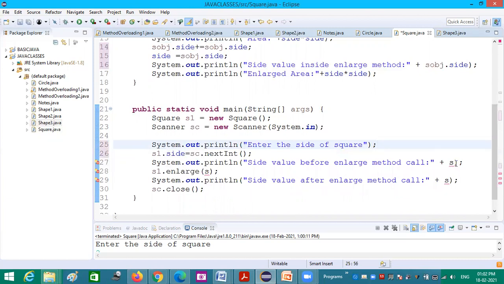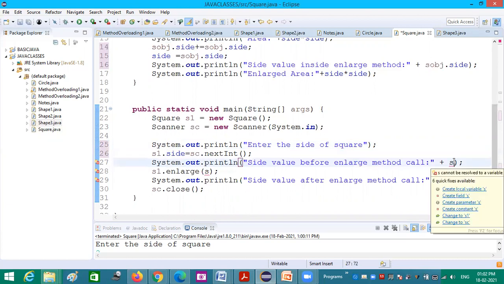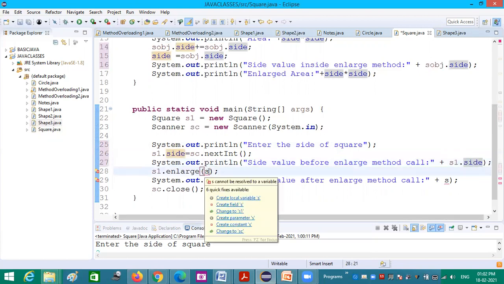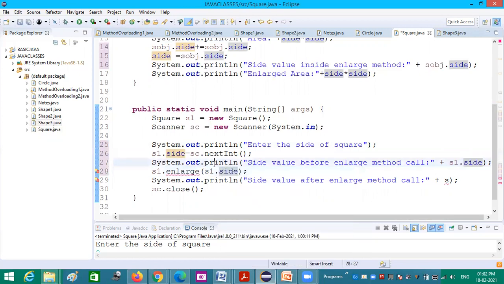Okay, now here S1.side, and here S1.side. S1.side is the value that I am passing. Instead of a normal primitive type, I am passing an object. The object value itself I am passing.